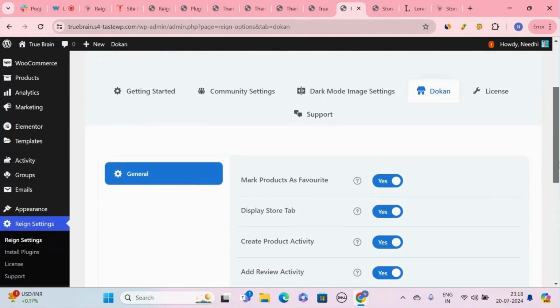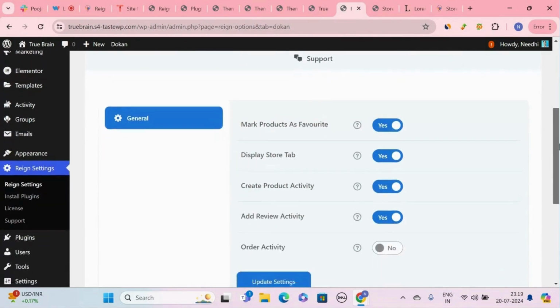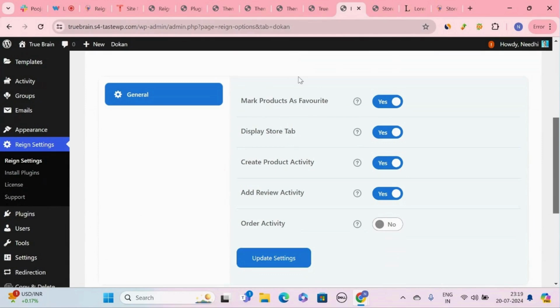Now this is where you can find your rain add-on settings. These are the features that are given by the rain add-on plugin. You can mark your product as favorite. You, as a vendor, can also mark the product as favorite, and a customer also can mark the product as favorite. If you enable this setting,